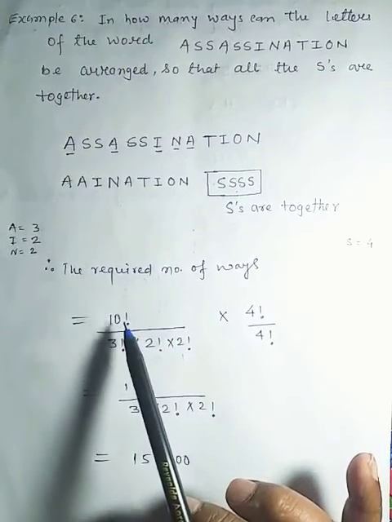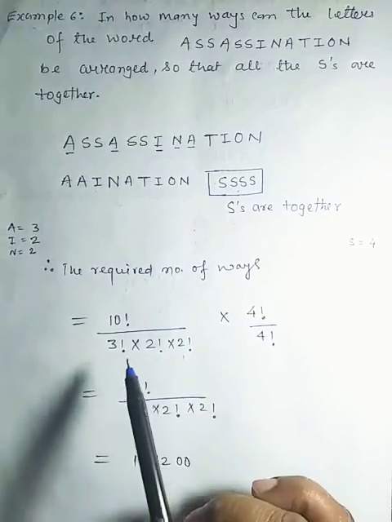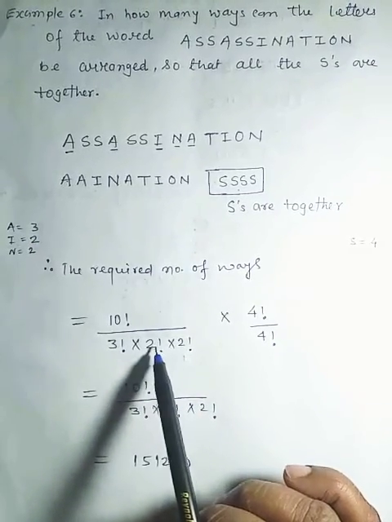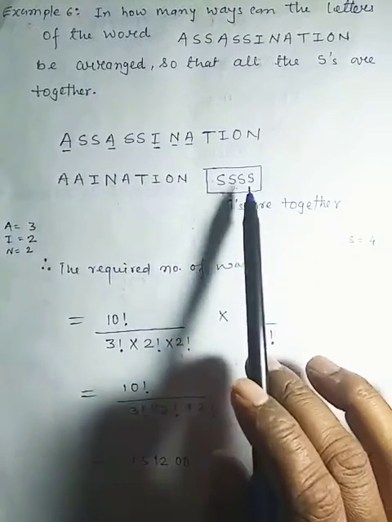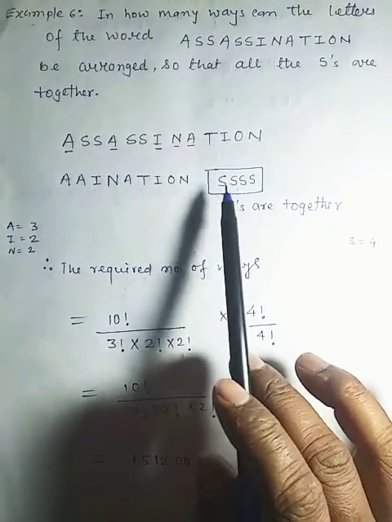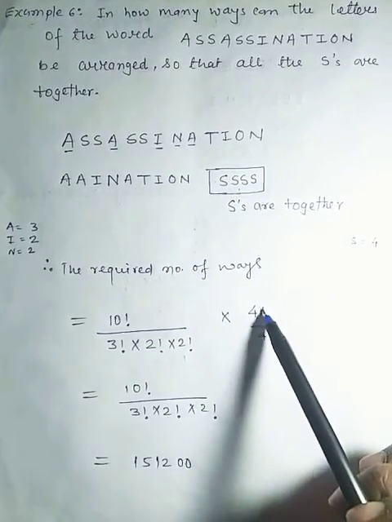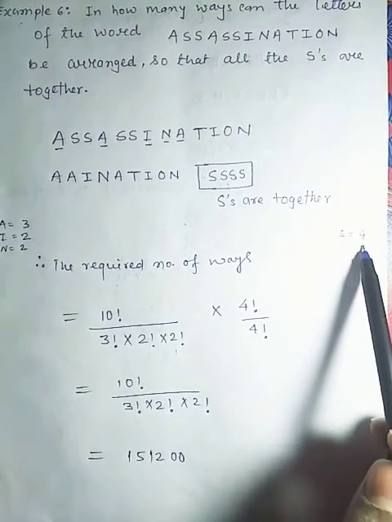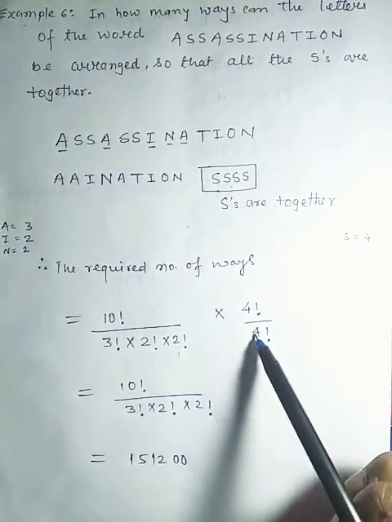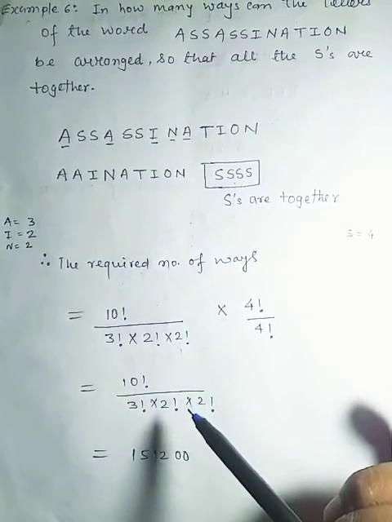So 10 factorial upon 3 factorial into 2 factorial into 2 factorial into, again, inside the bracket there is 1, 2, 3, 4, 4 factorial, and these are repeated 4 times, so also divide by 4 factorial, and after simplifying we get